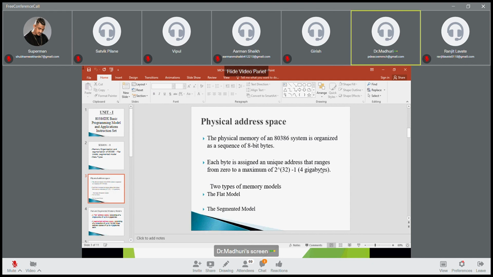Now here you have the programming model. It consists of, first, the memory organization or segmentation, second the data types, then registers, then the instruction format, then the operand selection and the exceptions. We'll go through them one by one. Now first is the memory organization and segmentation. The physical memory of the 386 microprocessor is organized as a sequence of